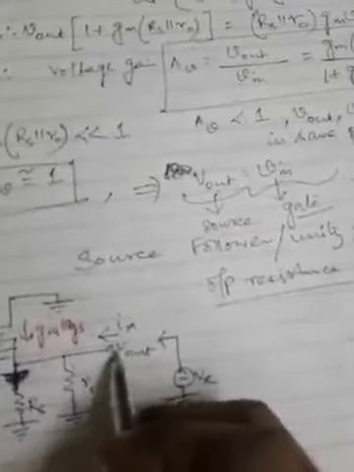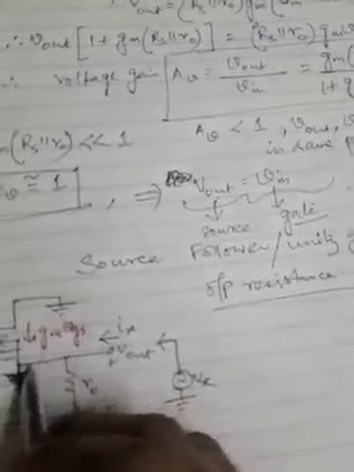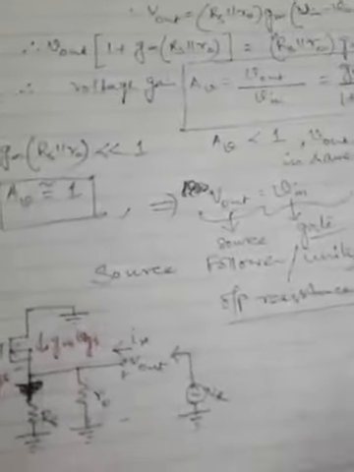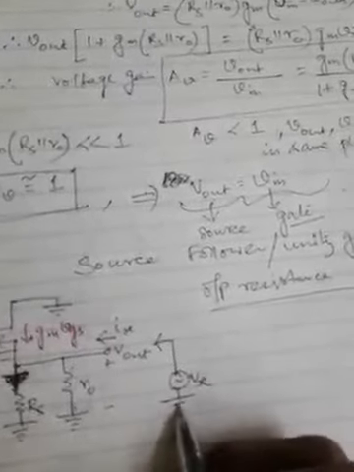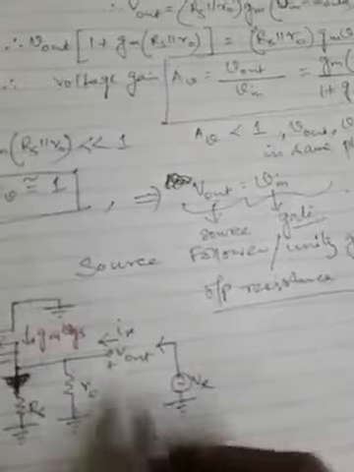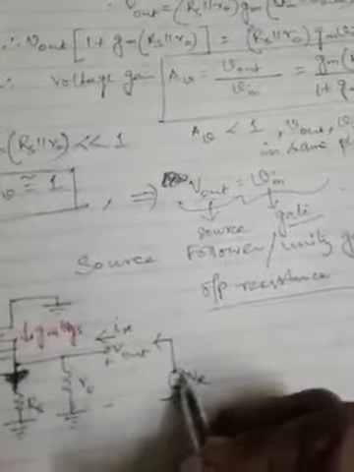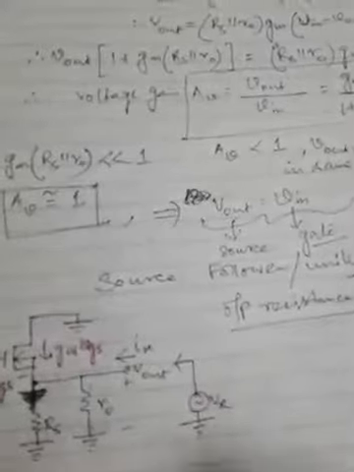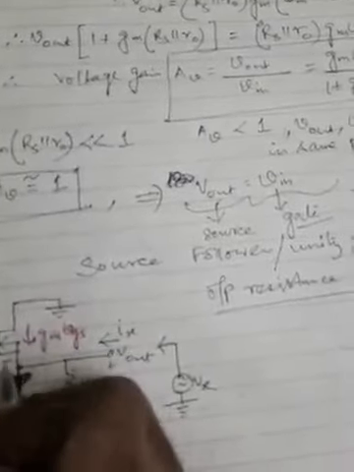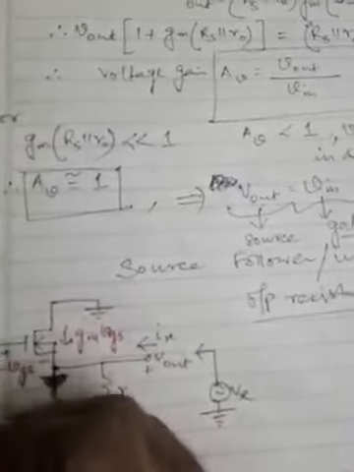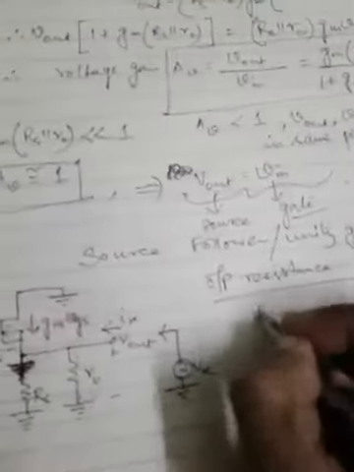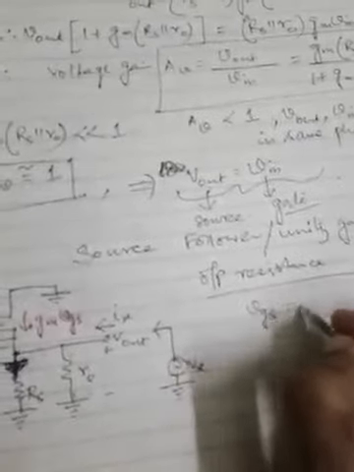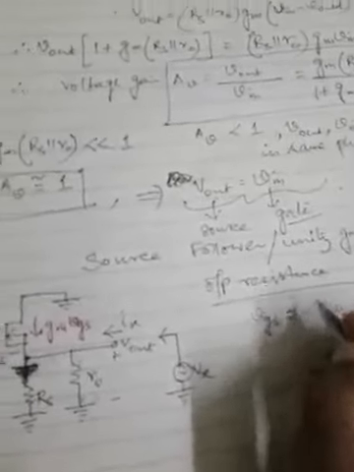As per the polarity, we can say this Vx and this Vgs will be opposite, because Vx will be delivering current through this path, and this terminal will be positive, and the other side of the Vx is grounded. But in case of Vgs, this terminal is actually giving us the minus sign, and the other side, which is connected to the ground through the gate terminal, is positive based on the polarity. So we can write that Vgs is nothing but minus Vx. The polarities of the two voltages are opposite.